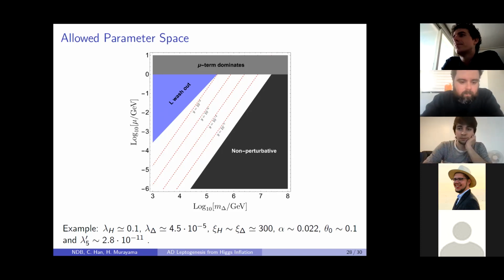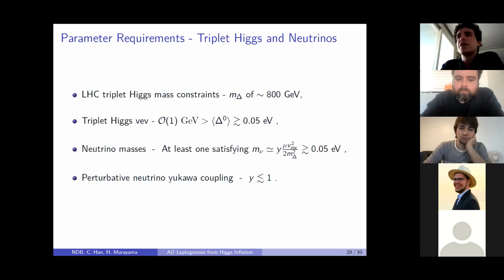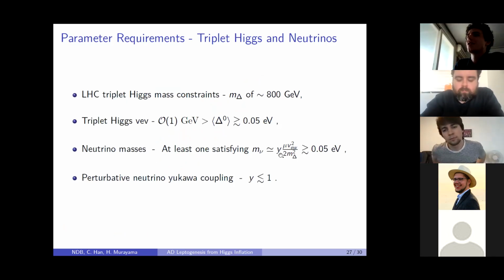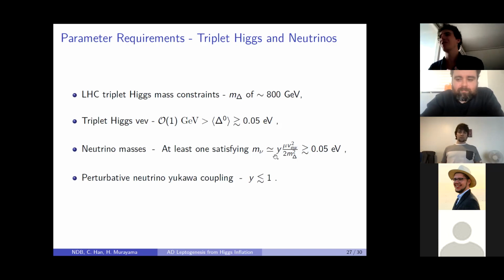What about neutrino mass measurements? Would they help you at all? So the neutrino mass is dependent upon this Yukawa coupling and this mu. So just knowing the neutrino mass itself and the mass of the delta might not tell us a lot. It wouldn't be a bad thing to know, it would help a little bit, but it wouldn't fix everything. We'd probably need another measurement to really pin this down.